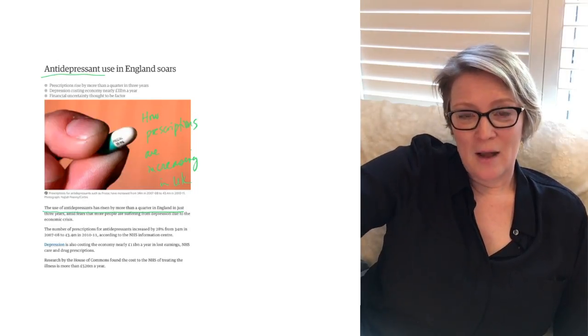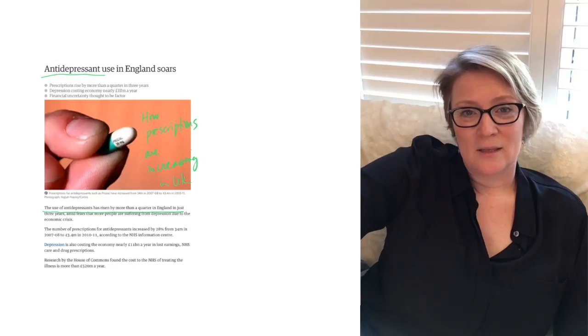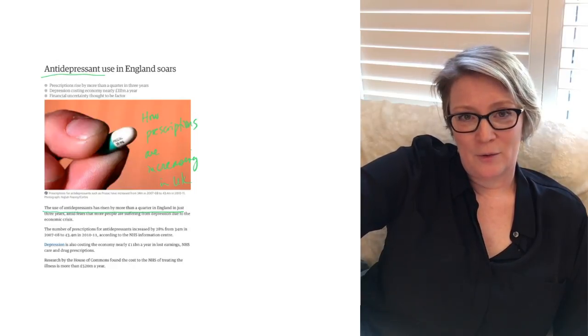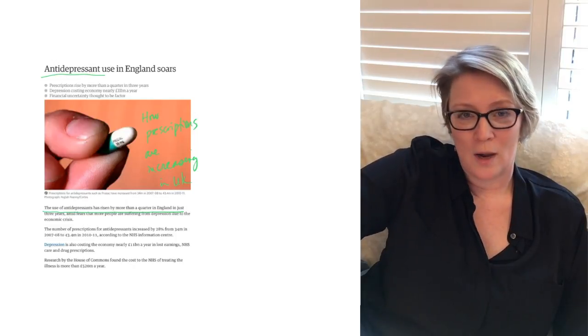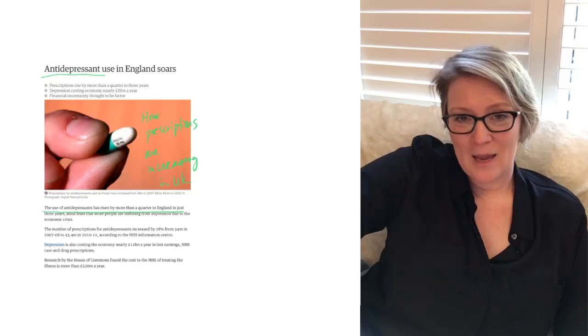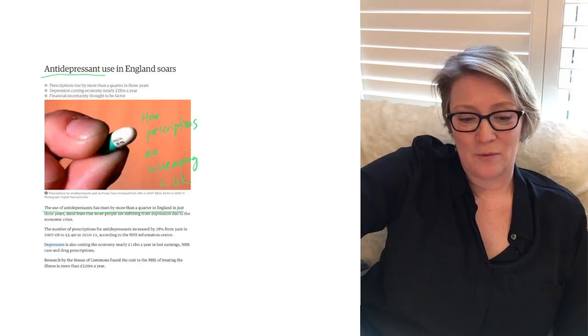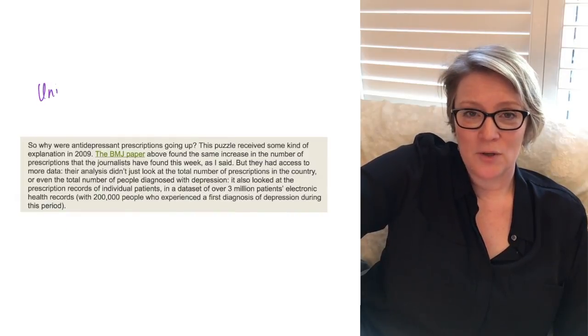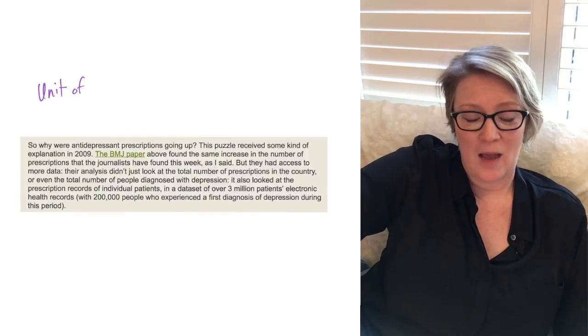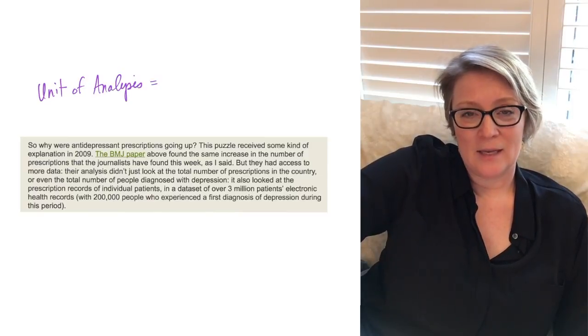However, the unit of analysis here is the country level. So we're looking at the number of antidepressants being prescribed for the whole country. That means we cannot say things about the individual. If you look here, great website, Ben Goldacre, Bad Science, he walks you through a number of the things this could actually mean. When they dig a little deeper into the data and get data where the unit